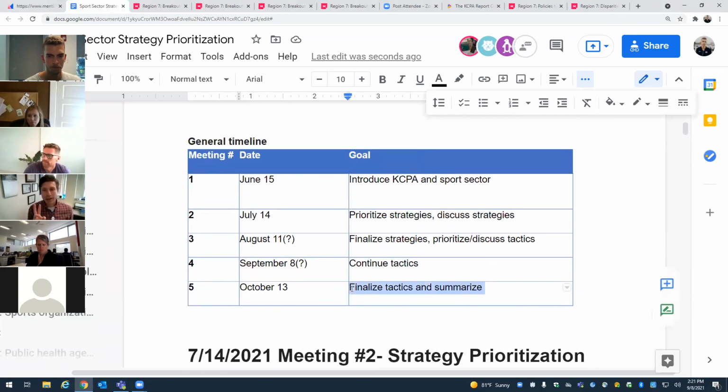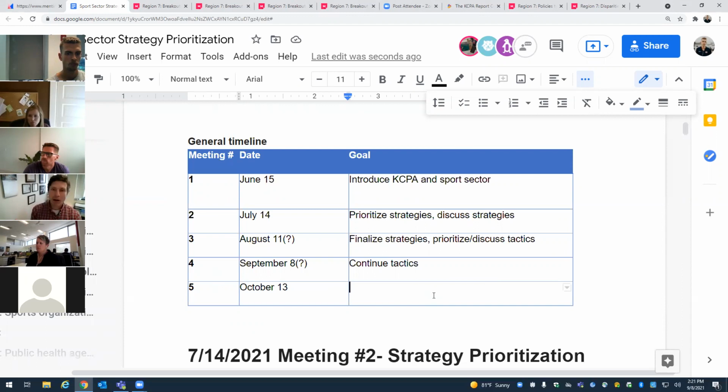So Wednesday, October 13th. And what we will do, hopefully we'll get this done with some lead time. If not, we'll just do it during the meeting. Bryce and I, along with Adrian and Bill, are going to summarize all of this information in, like I mentioned earlier, the strategies that are prioritized, and then the tactics within each strategy prioritized. And then we'll also have a little bit of information around,